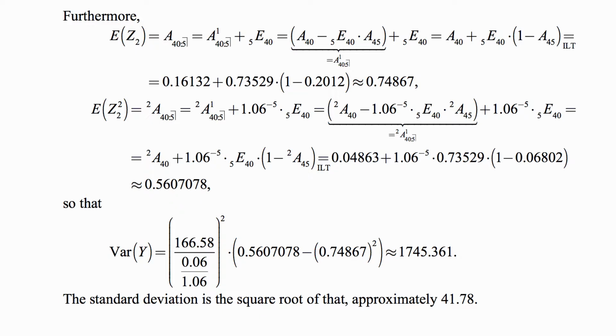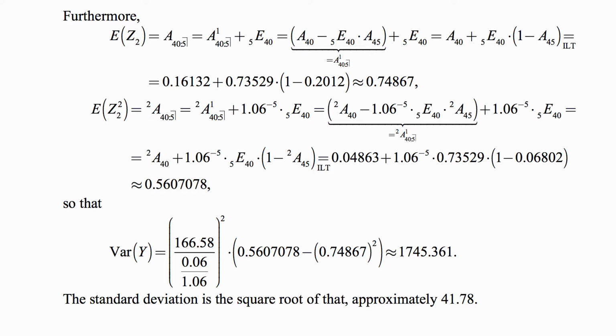And what is E of Z2 squared? The second moment. Well, because the benefits of this unit insurance are either 0 or 1, it's the original plan of insurance, but under the force of interest of 2 delta, which we write as 2A40:5. And then we write this separately as term insurance with double the force of interest, plus pure endowment under the double force of interest. But if you just write 5E40, then that has only